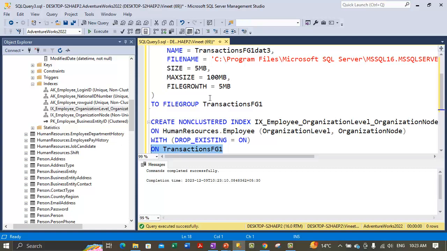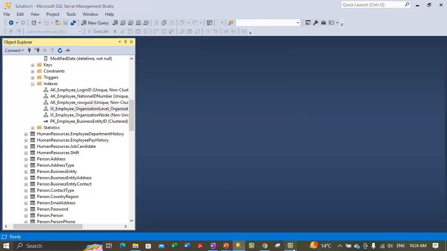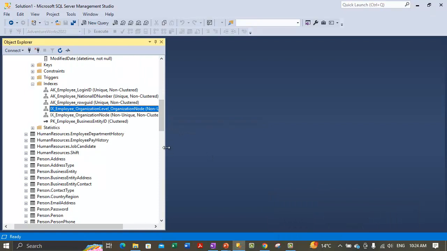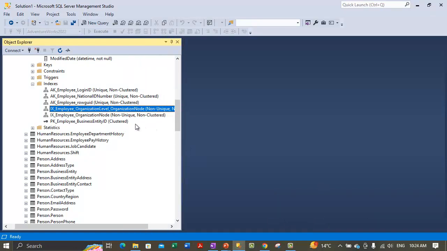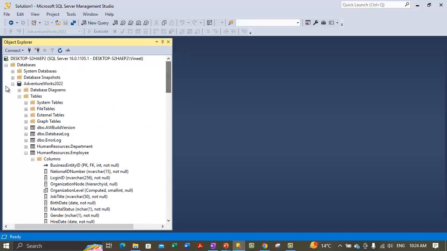to move an index. Right now we have moved this index to the transactions FG1 file group. Let's see if we can move it back to the primary file group. Let's close these statements out. Okay guys, so this is the index. We want to move it back from the transactions FG1 file group to the primary file group. What you need to do is, in SQL Server Management Studio, expand the